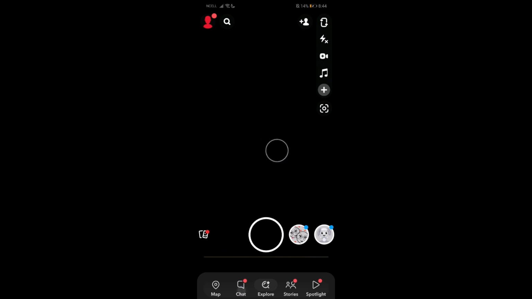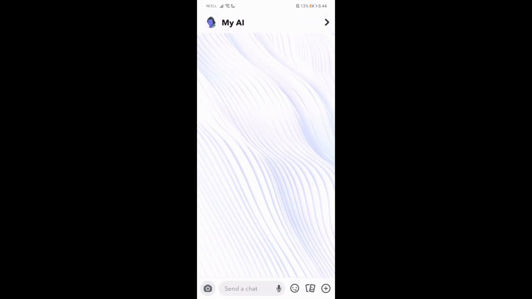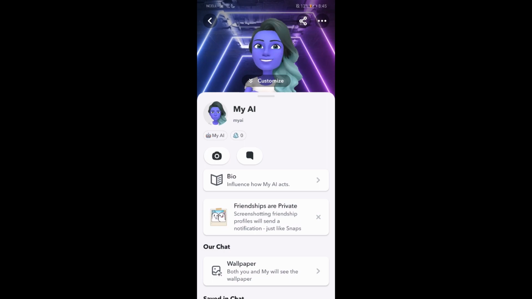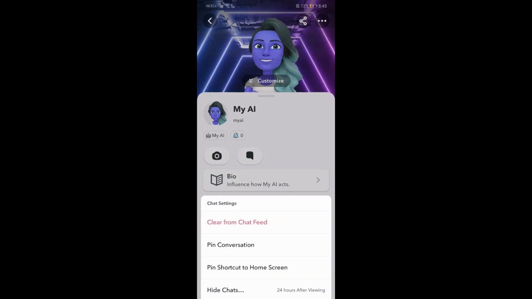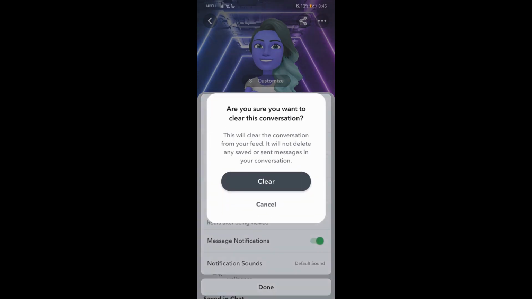Firstly, just go to your chats and then go to My AI. And again go to My AI up there, and then what you do is just go to this three dot option, and over here there are many options. Just go with chat settings, and over here you'll have many options, let's say clear chat, clear from chat feed, pin conversation, pin shortcut to home screen, and many more. But what you need to do is just go with the first option which says clear from chat feed, and just